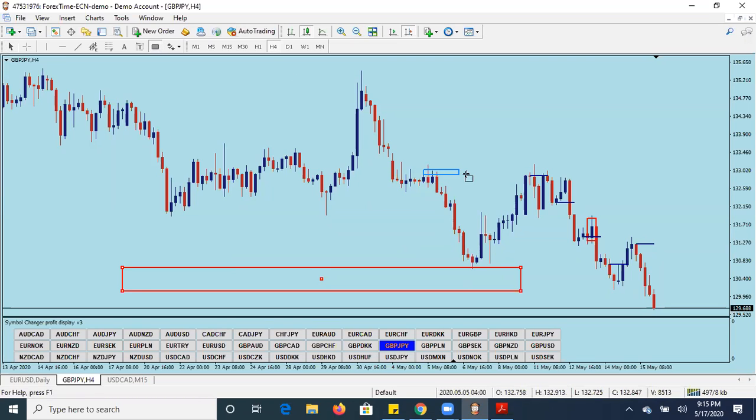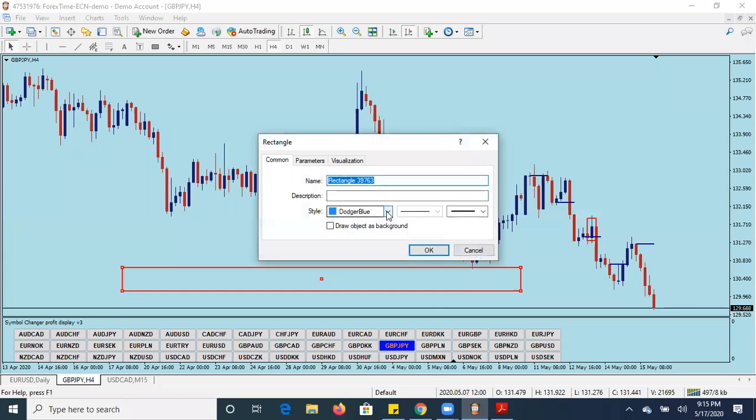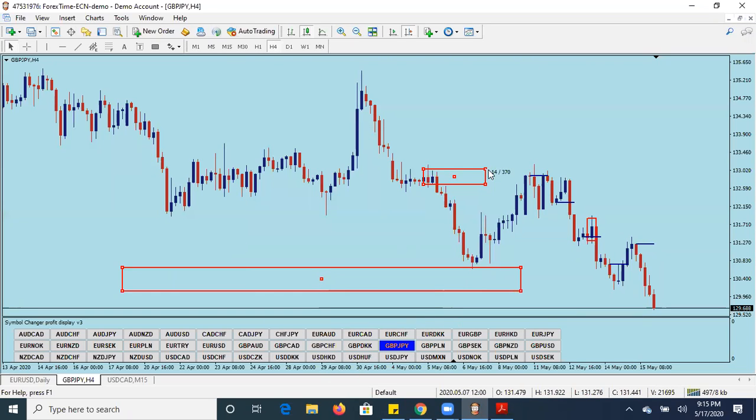So this is our strong order block. Of course, we like using the color red for that, right? This is our strong order block. You want to take your entries basically from the strong order block. That doesn't mean if an entry presents itself in a weak order block, you wouldn't